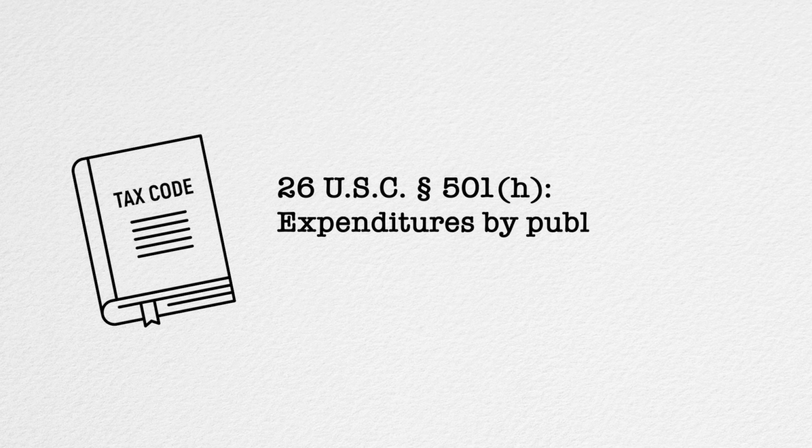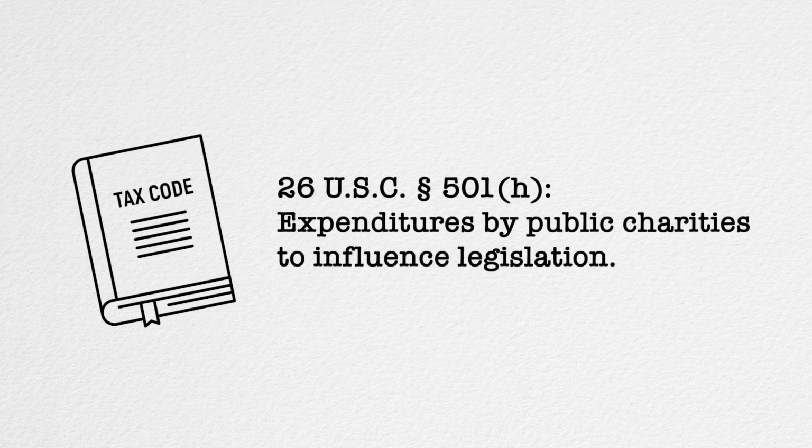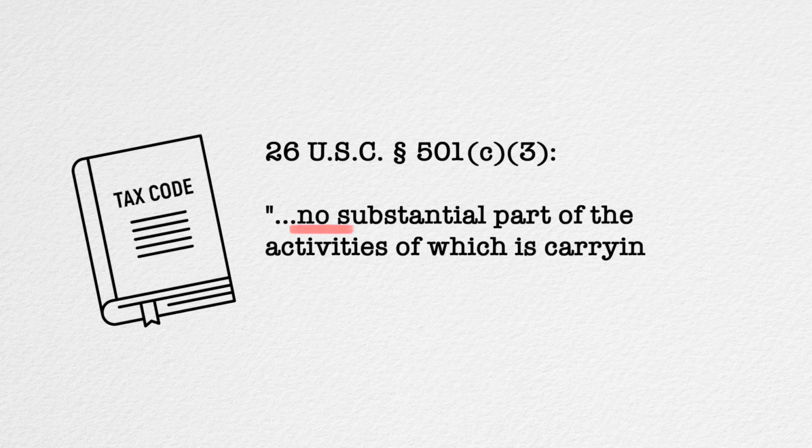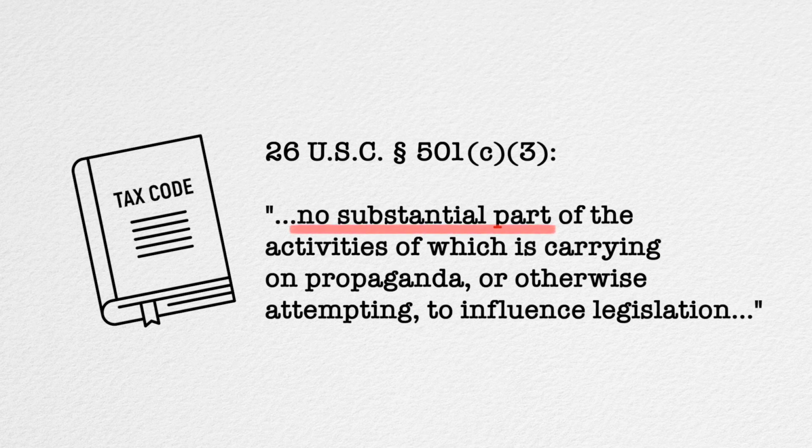The 501h election refers to Section 501h of the Internal Revenue Code, which provides an optional way of measuring the amount of lobbying activities that a 501c3 public charity may carry out. While an in-depth explanation of these rules is beyond the scope of this video, just know that 501c3 public charities are permitted to influence the process of making legislation by engaging in lobbying. But there are limits because under the tax code, lobbying cannot be a substantial part of a 501c3 public charity's